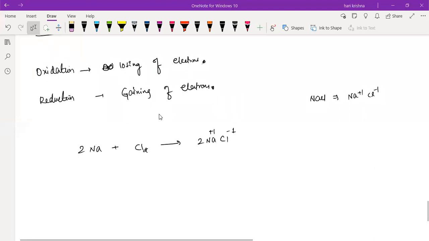Here sodium in the free state will show 0. Chlorine also in the free state will show 0. So moving from 0 to plus 1 here, and here 0 to minus 1. Losing of electrons only will form plus charges, right? Losing of electron means formation of cation. Gaining of electron means formation of anions. So sodium is losing the electron, so it is forming Na plus 1. That means is it oxidation or reduction? Losing of electron means oxidation, and the chlorine is gaining the electron to form